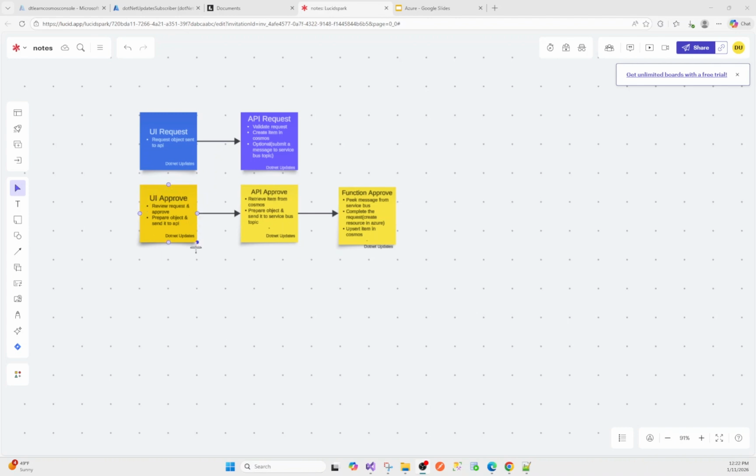Then we develop a UI for approval, where you can see all the requests and you can click on approve. Once the UI sends the approval request, an API will be there. In the API, we will get the request ID. The API will retrieve the item from the Cosmos DB based on the provided request ID, and then it will prepare the object and submit a service bus message. We are using the microservice pattern, so the API will only be responsible for retrieving the item from Cosmos, and then it submits a